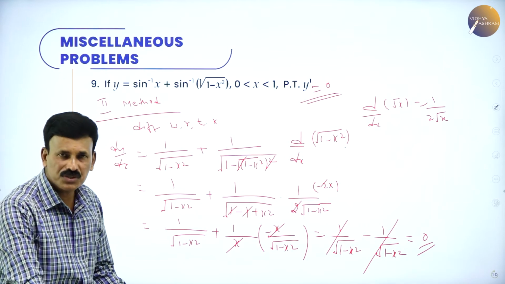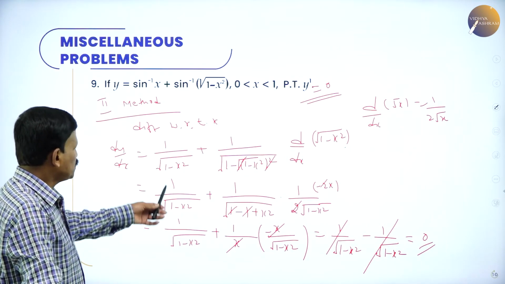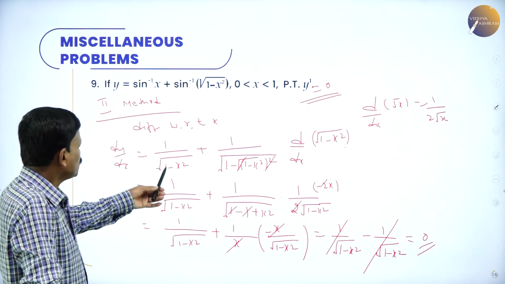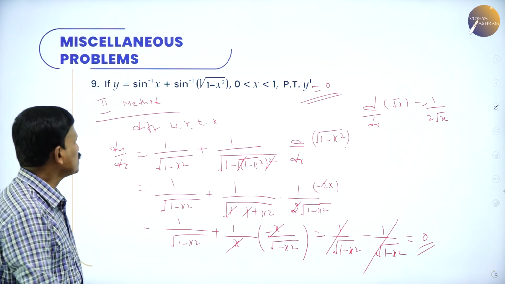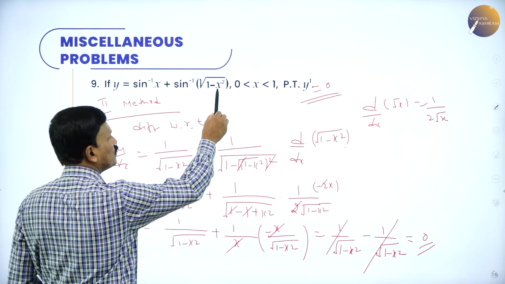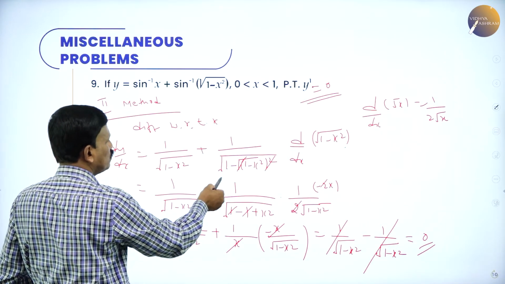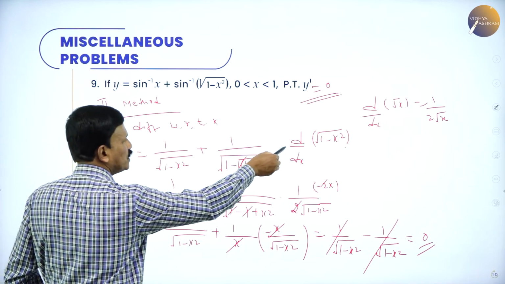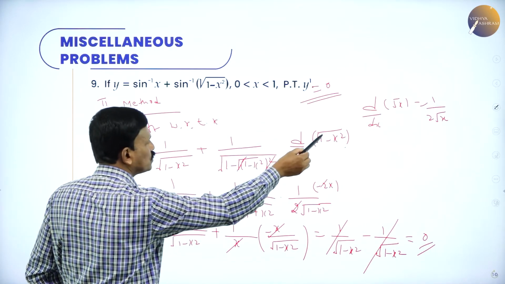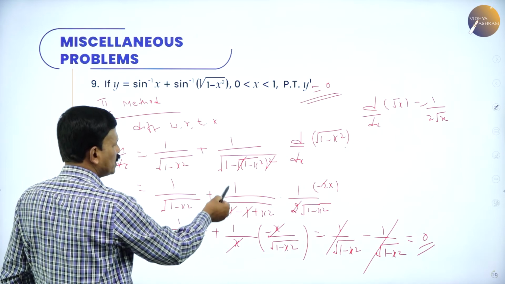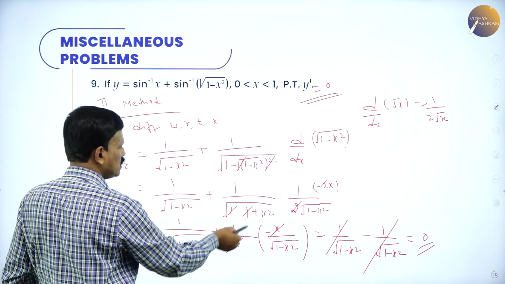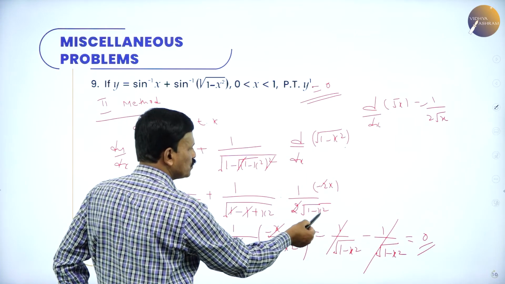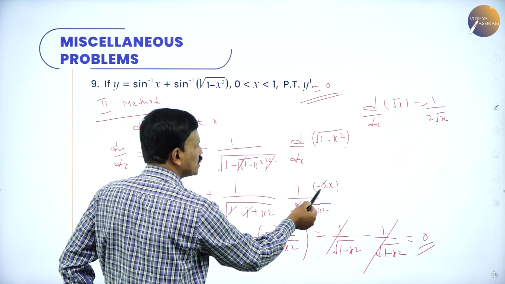Any method you can use to solve this. So differentiate as ordinary differentiation. The standard formula is differentiation of sine inverse x is 1 by root of 1 minus x square. Here it is, instead of x it is root of 1 minus x square, 1 by root of 1 minus x square whole square under root into d by dx of inside function is root of 1 minus x square, multiply by negative sign, minus 1 plus 1 gets cancelled, you will get x, square root gets cancelled. Differentiation of root x is 1 over 2 root x into d by dx of 1 minus x square is